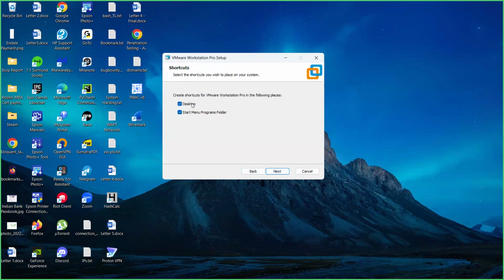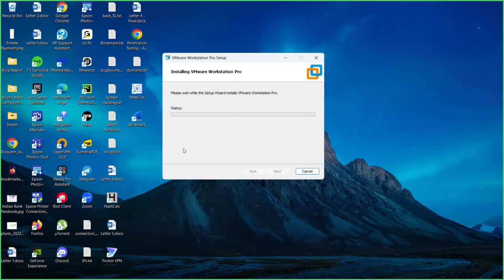And you need to create a shortcut for easier access on desktop. So click on next. That's it. And now this starts the installation of the application. And once it installs, it might ask you for a license key. And this license key is also available on the same Google Drive link, which I'll be sharing with you. So let me show you that. Once the installation is done, it will give you a prompt to enter the license key.